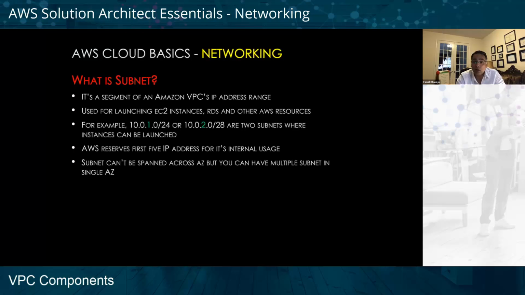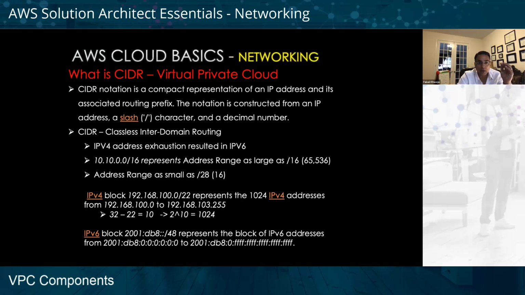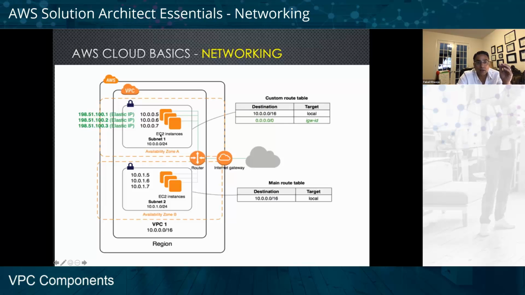Subnets cannot span across AZs, but you can have multiple subnets in a single AZ. So I think in my previous example, I showed you right here. So this is actually multiple subnets defined in the same availability zone. Okay,